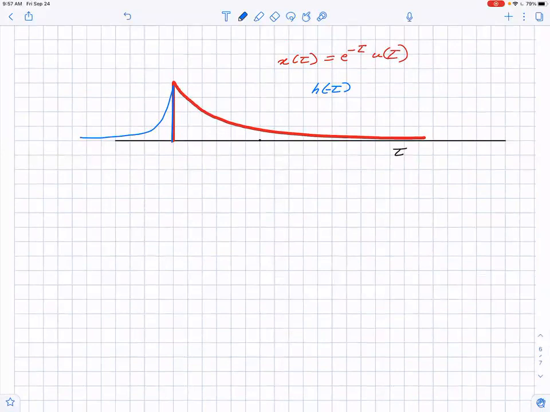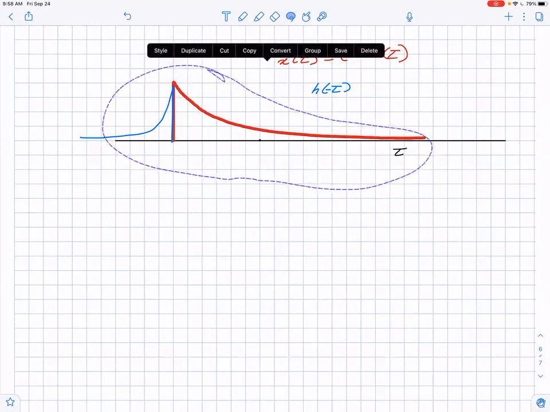Since h of tau has been reversed in time already, as we apply a negative shift, we have to move it to the left. And if we apply any positive shift, we have to move this function to the right. And we have to consider all shifts from negative infinity to plus infinity. And we represent the shift by t. Now as we shift this signal, the function h of minus tau,